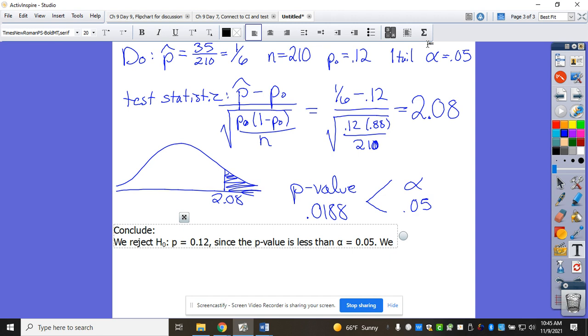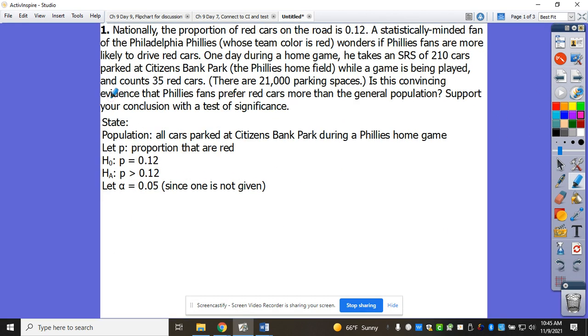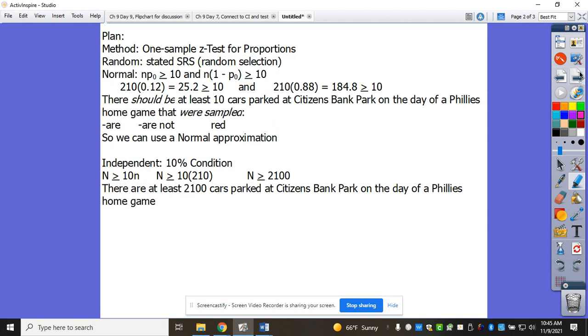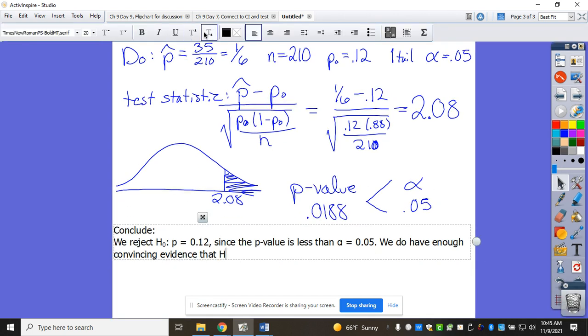Which means that we have enough, and you could either write in words here what the problem asked. So writing that would be the context way of saying it, or you could end it with